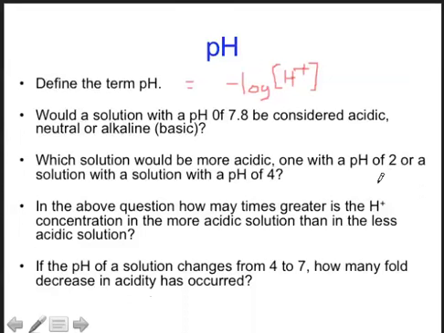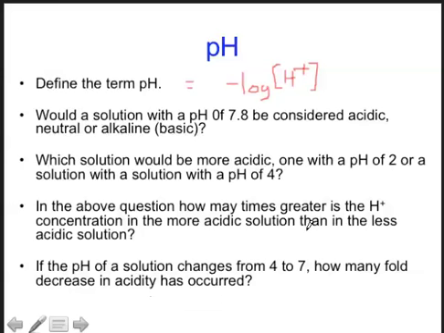Now you might say, well, why is that? Well, let's compare the concentrations of protons in these two solutions. A solution with a pH of 2 would have a proton concentration of 1 times 10 to the -2 molar, and a solution with a pH of 4 would have a hydrogen ion concentration of 1 times 10 to the -4 molar. And y'all know that 10 to the -4 is a smaller number than 10 to the -2. As a result, this is the more acidic solution. Okay, in the above question, how many times greater is the proton concentration in the more acidic solution than the less acidic solution? And the answer is